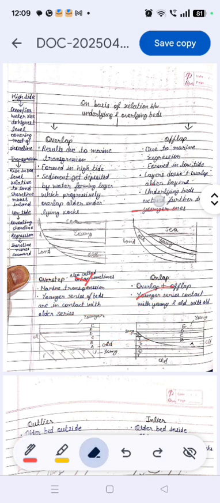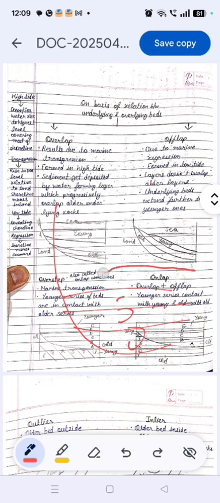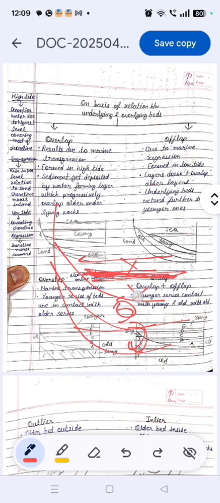And now offlap. It results from marine regression, formed in low tide. Here suppose this is the older layer. The sea water is not coming enough to the shoreline, coming only here, depositing sediments. So the layer will be formed like this. Older layers would be like this, and younger layers, as water is coming till here only in regression. So here the older layers are extending further beyond the younger ones